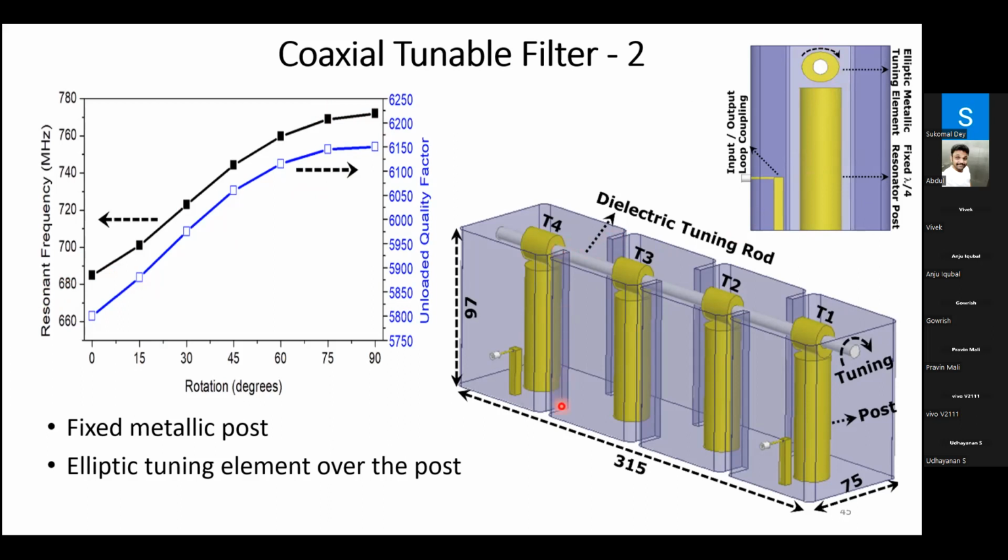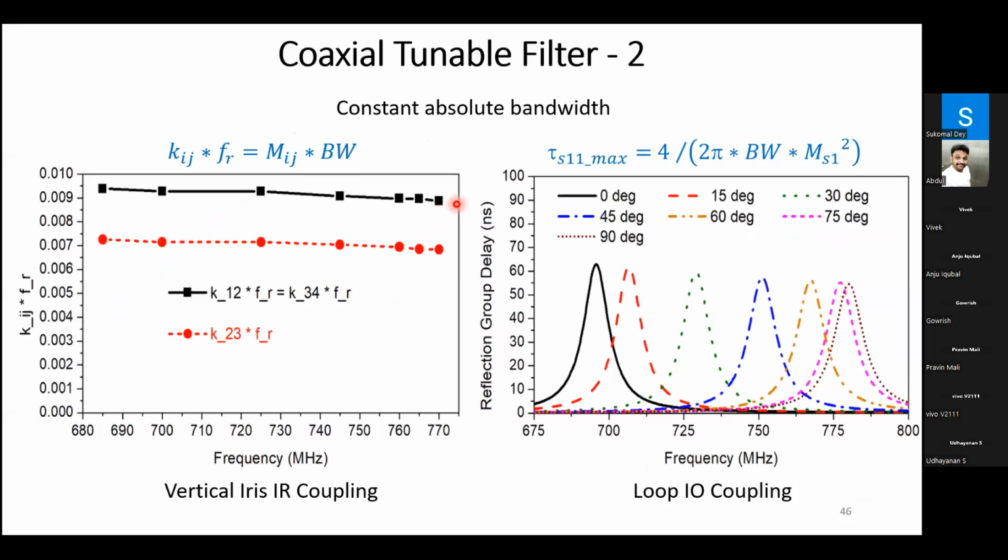For the inter-resonator coupling, we used an iris slot opening between the 2 resonators because it is easy to fabricate. And for input-output coupling, we used loop coupling, or we can also use probe coupling, but we used loop coupling. The iris structure gives us a reasonably good constant bandwidth criterion. This is the iris opening, whereas the loop coupling was not a great choice. We could have gone for the probe coupling instead, but still we went ahead and fabricated the filter with loop coupling. It is maintaining reasonably constant, but it is not very good. There is around 15% variation in the reflection loop delay over the tuning range.